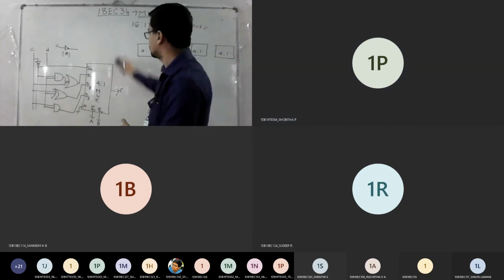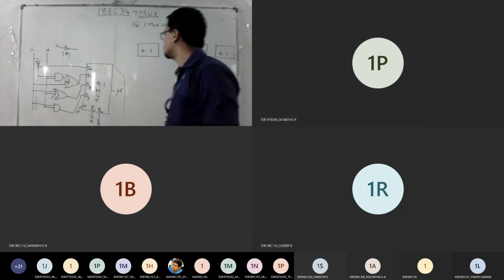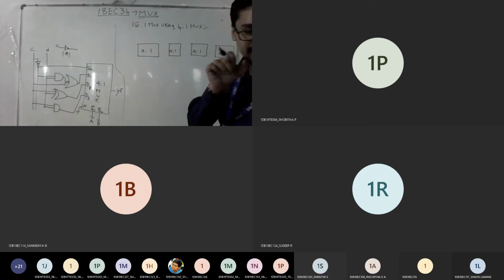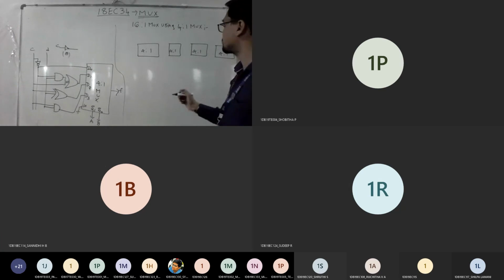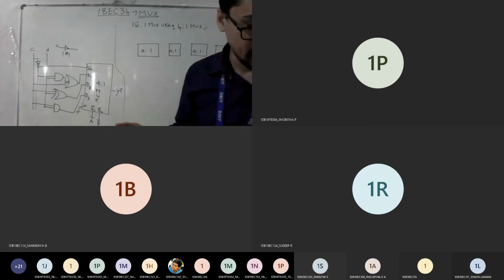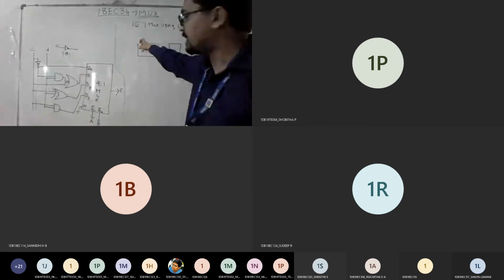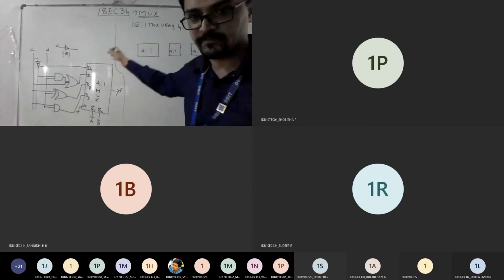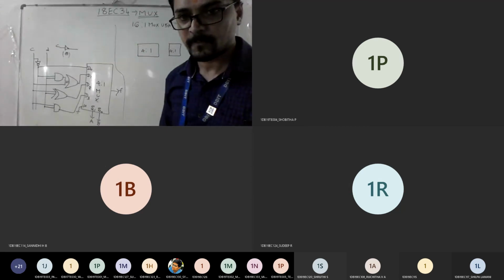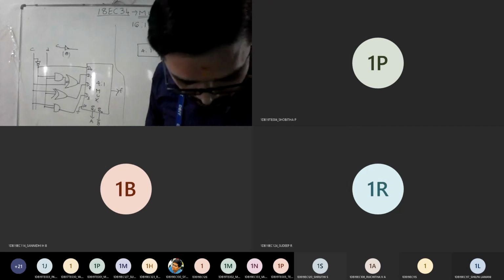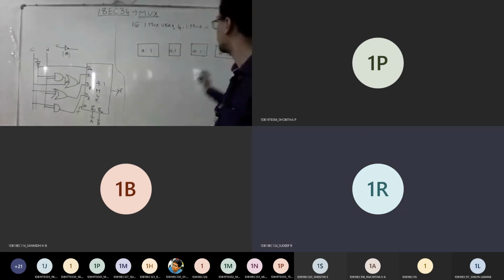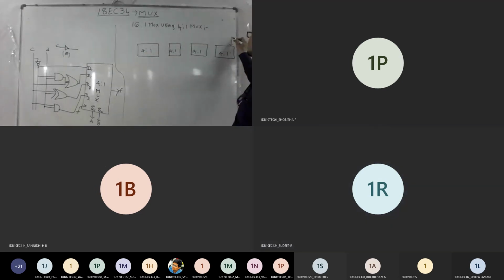Now the task is how you should connect: whether you connect from MSB to LSB or LSB to MSB. LSB to MSB, sir. So it means D0, D1, D2 and D3 will come here.